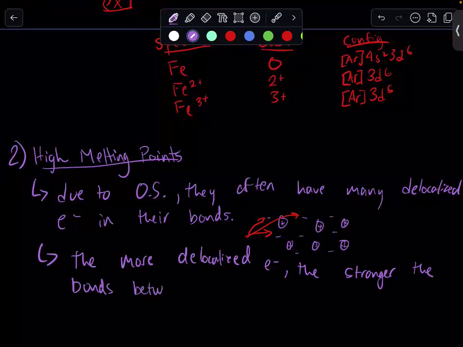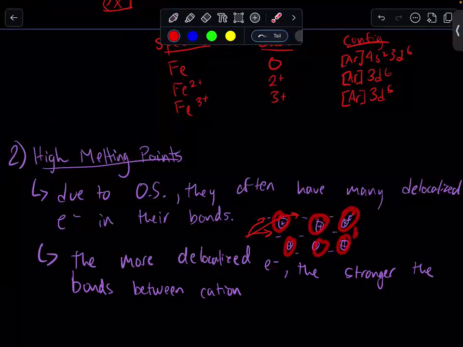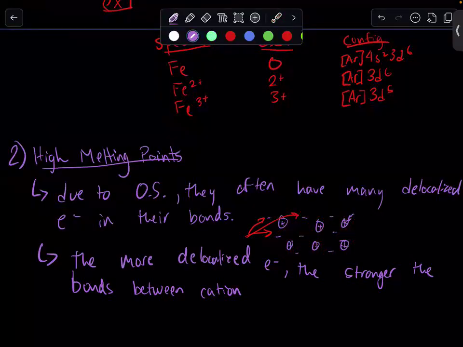And these are technically cations, these little guys. So these cations are bonded to each adjacent one in their lattice via these delocalized electrons. And so the more electrons, the stronger the bond, and therefore a higher melting